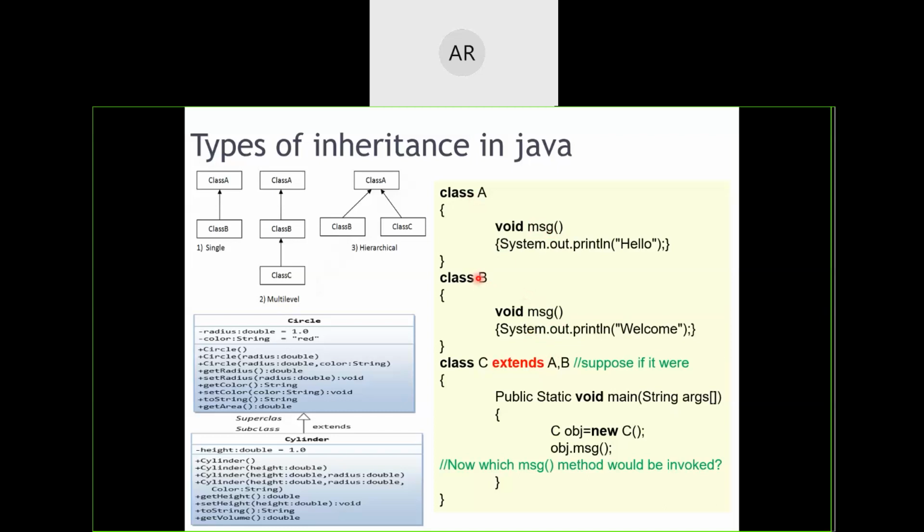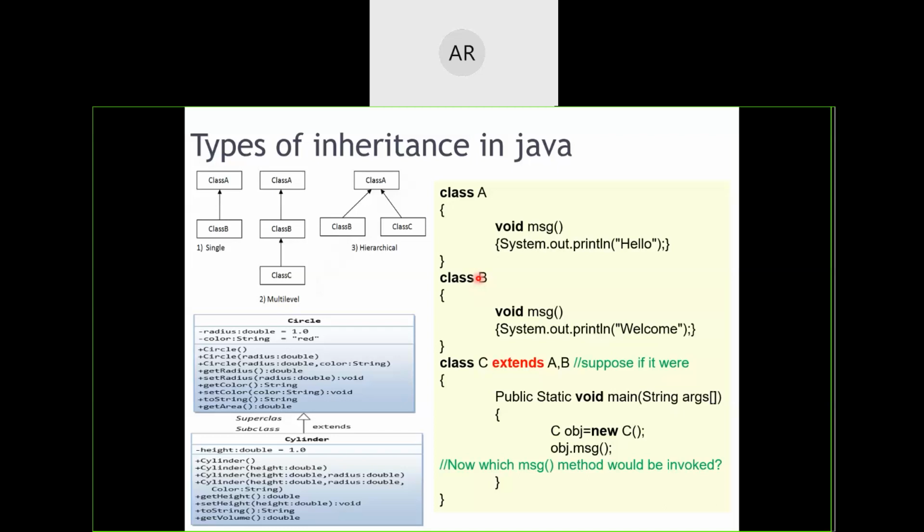Okay. So as human nature, we will quickly try to decide whether to take A or B and we will fix on to one. As Kavya has fixed on to A, we will also fix on to any one of it. It's a human tendency because our mind has been very brilliantly created. We have the decision making capacity, but the computer doesn't have it. As Neha is telling, it will give you an error telling that I don't know which function to get executed. Computer says I don't know what to do now.